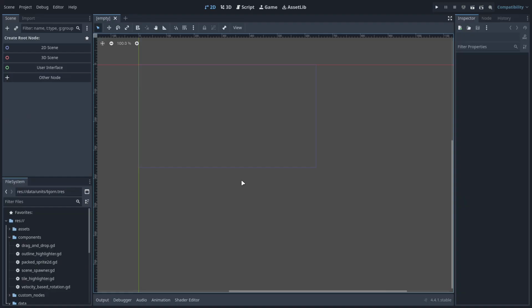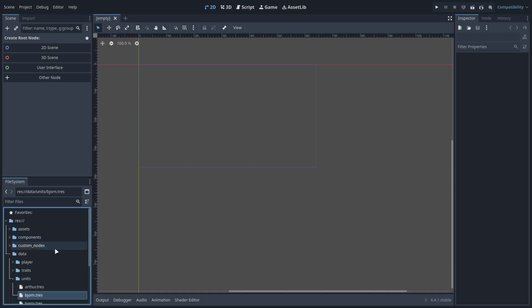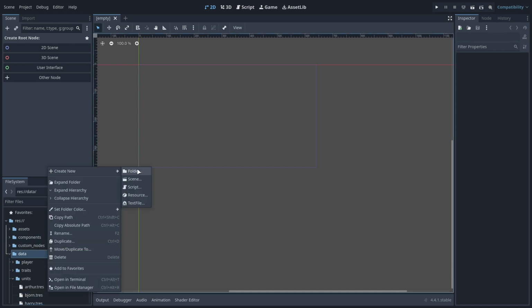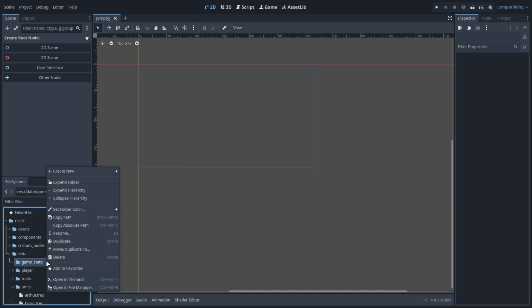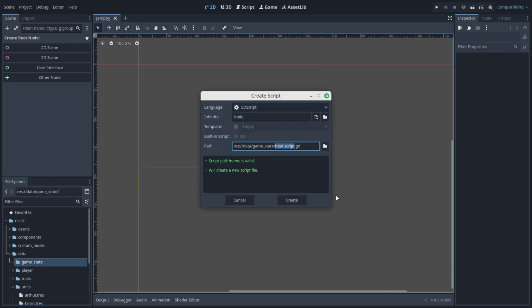So let's get started. Okay, so I have the project open here, and the first thing we want to do is to collapse our components folder, and with our data folder selected, let's right click on it, create a new folder. We can call this game_state. Right click on that new folder and create a new script. We can call this